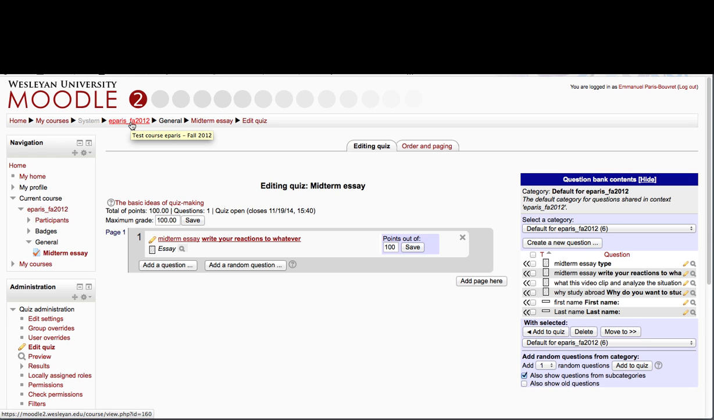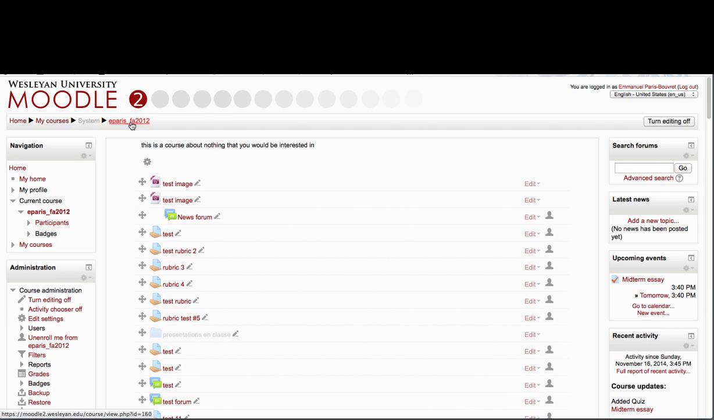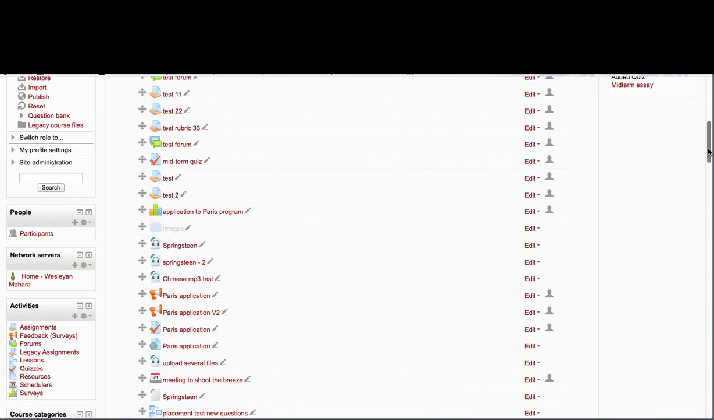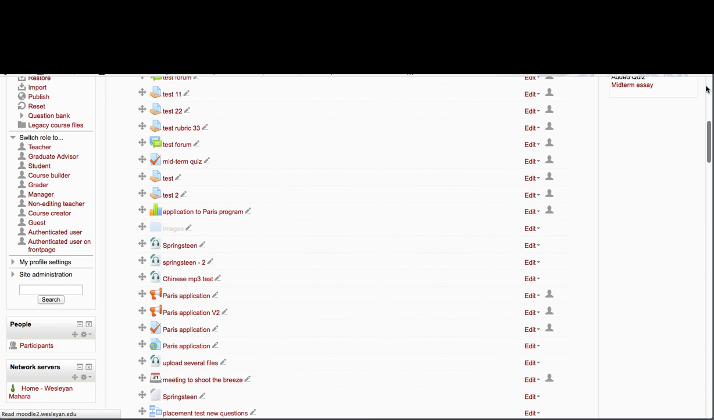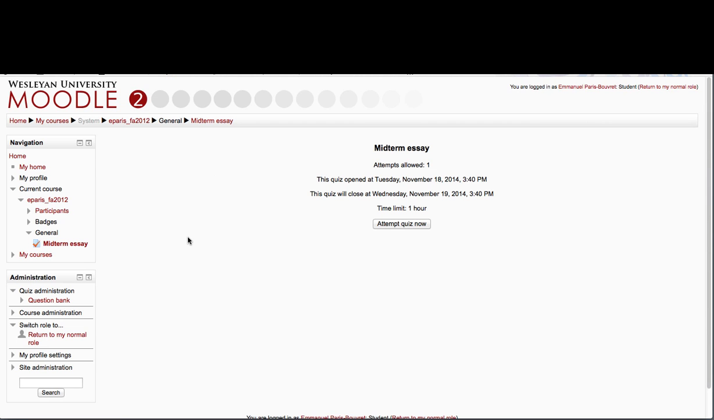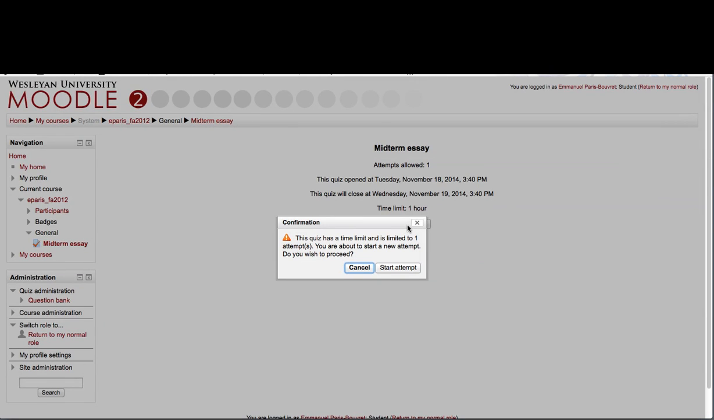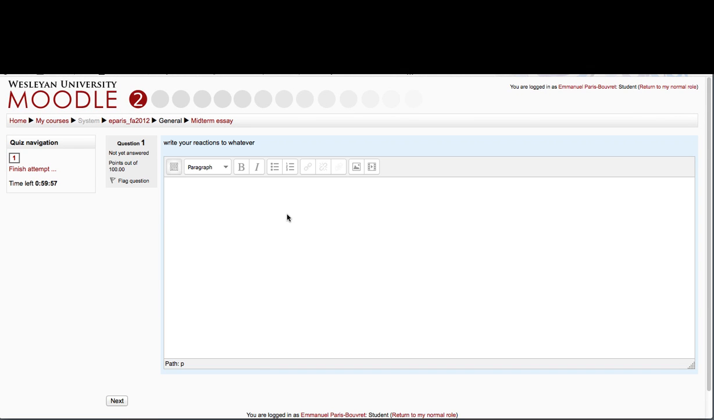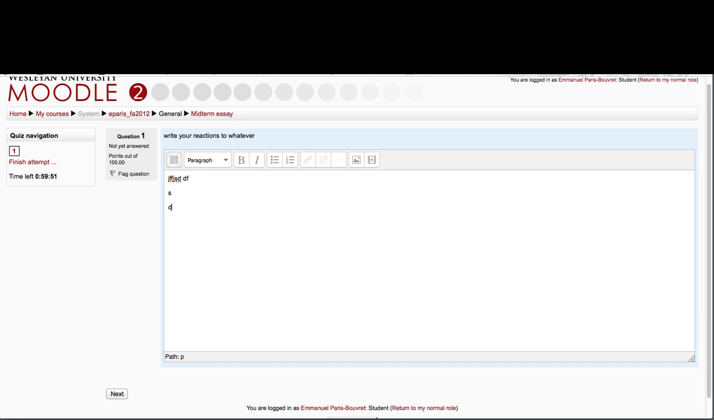And now if you go back to your main page, you do, for instance, a switch role to student, and I click on midterm essay, and it tells me that I have one allowed attempt, and the time limit is an hour, and it's prompting me to attempt the quiz, so I do, and it tells me start attempt, and I'm starting, and there it goes, and I can start typing and pasting and everything,